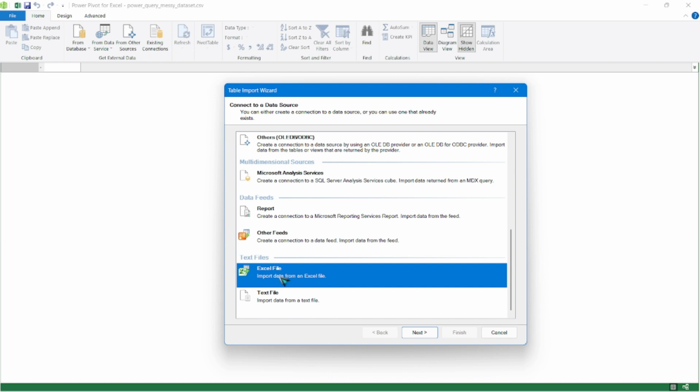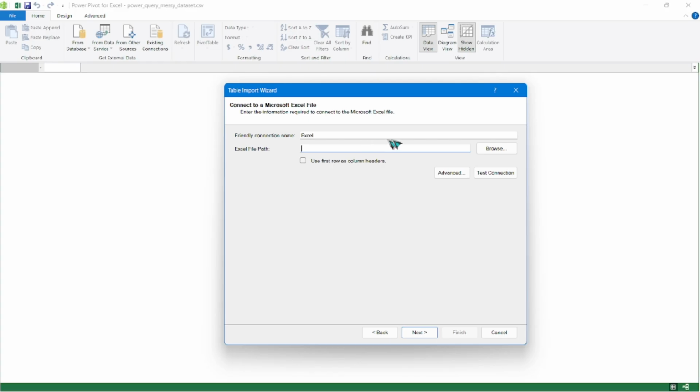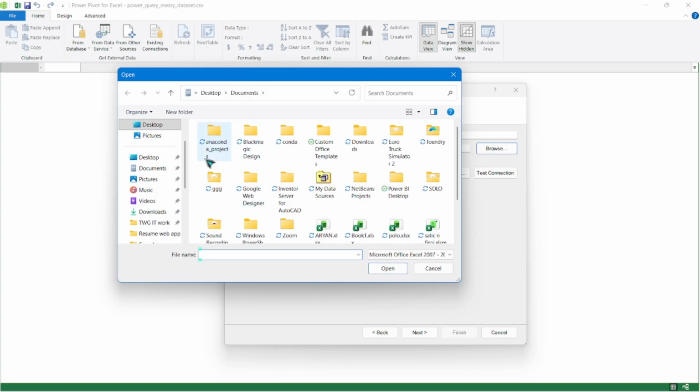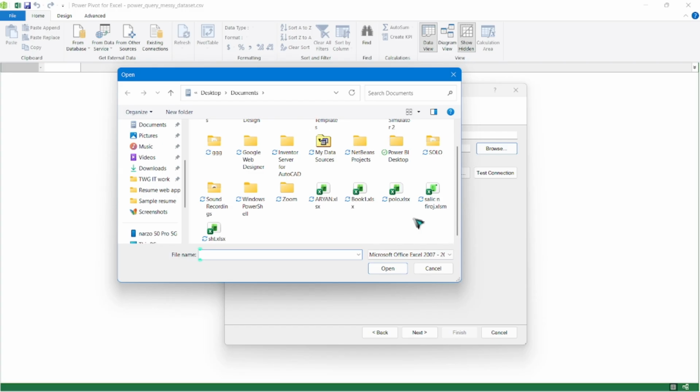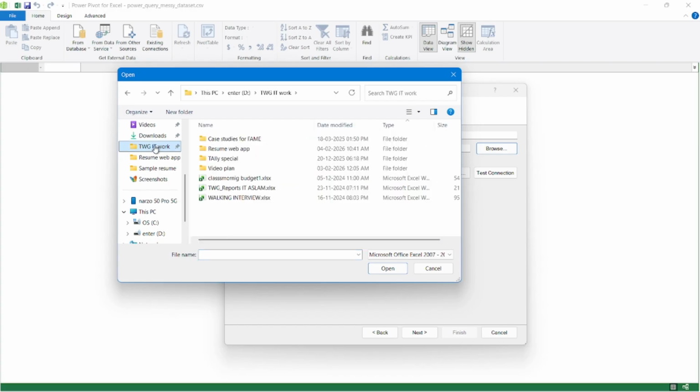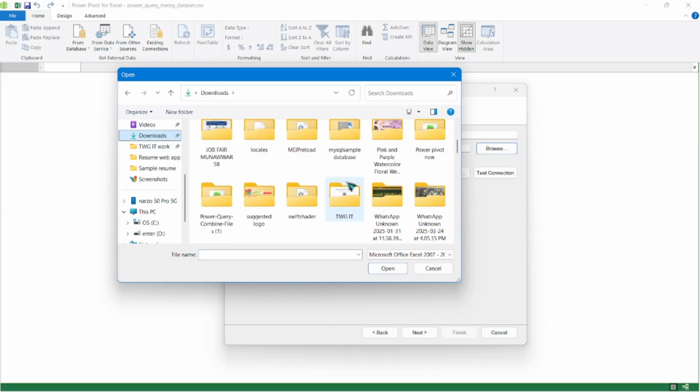Now, from Excel file, next, next, file path. Any file path wherever we have files on desktop. Open any file. I will want that files from